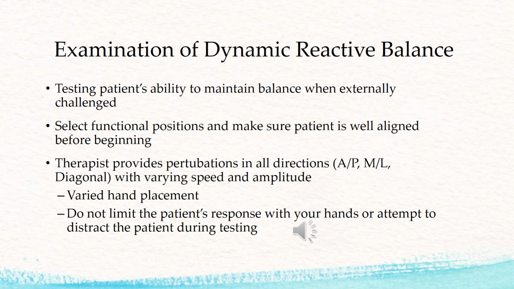The other piece that you need to consider with hand selection is that you really want to catch your patient kind of off guard. If they see the perturbation coming, then they're going to have an opportunity to ready their postural response system, their postural control system. And then that can give you some false information pertaining to their balance system. The movement may not be as fluid or natural because they may have assumed a stiff position to kind of ready their response system. So you want to kind of create the element of surprise when performing your